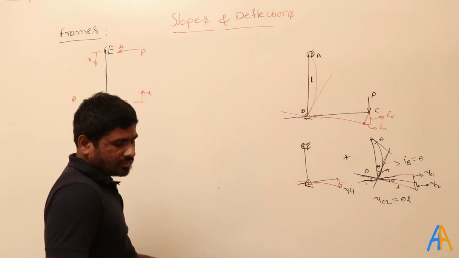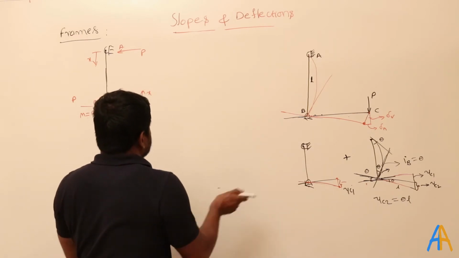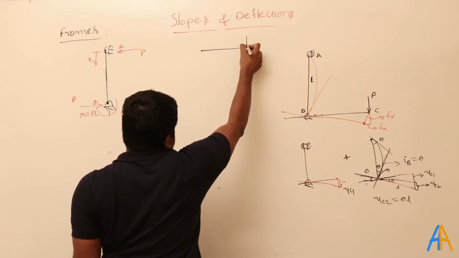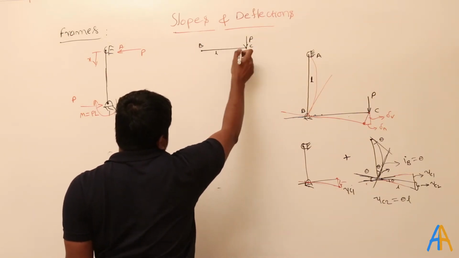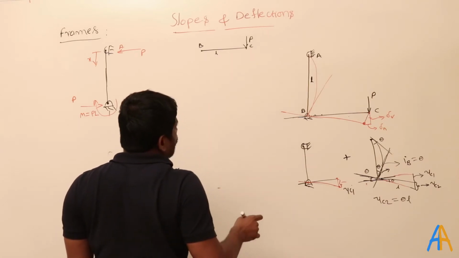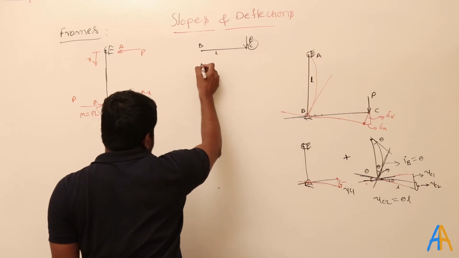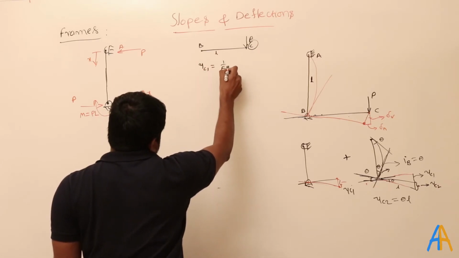First I will take the portion BC by using the strain energy method. When I take the BC portion, at C, P is acting like this, and this is the L, this is the BC. So what is the strain energy of the BC? I want to find out the deflection at C. Whenever I want to find out the deflection at C, then I can directly write YC equal to 1 by EI into